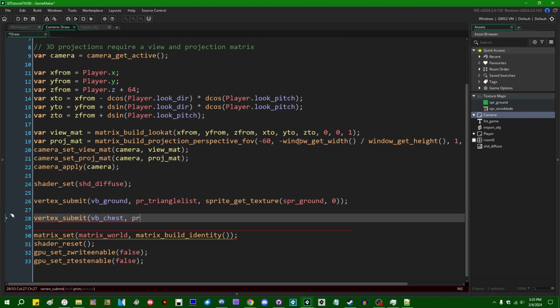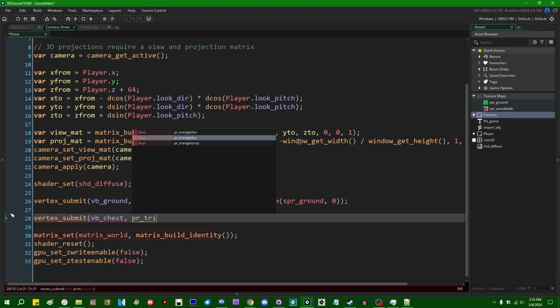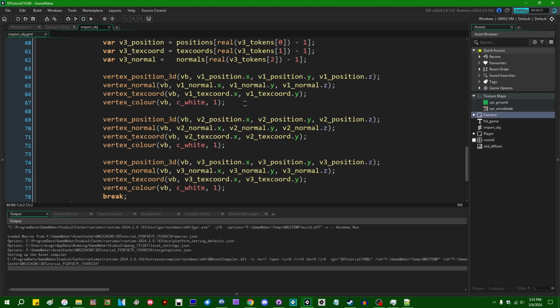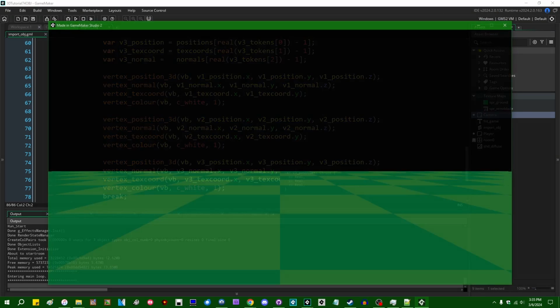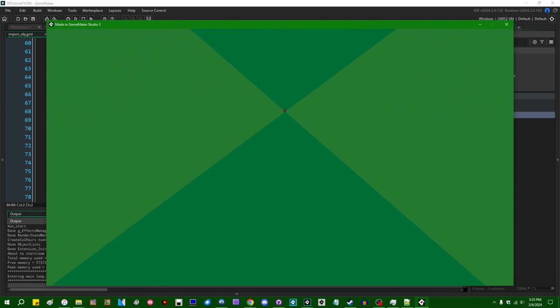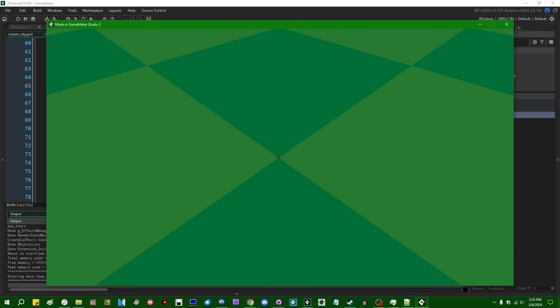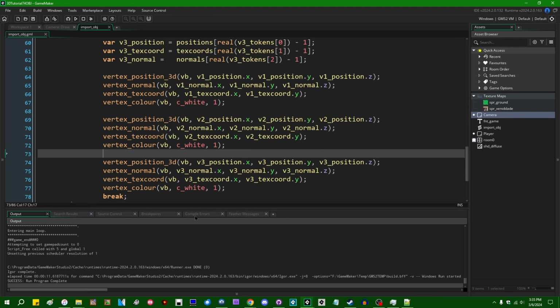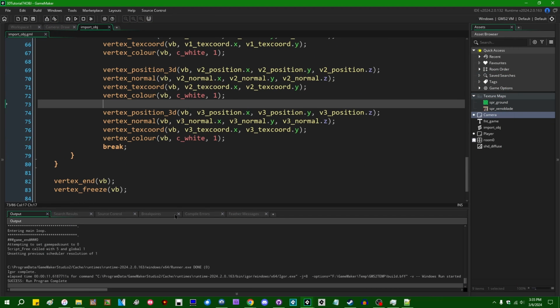The primitive type can be a PR triangle list. The texture can be sprite get texture SPR Xenoblade subimage 0. And if I did everything correctly, the game should not crash, and we should have, at the world origin, a tiny, tiny Xenoblade chest, because the scale of this object as it was authored in the 3D modeling tool